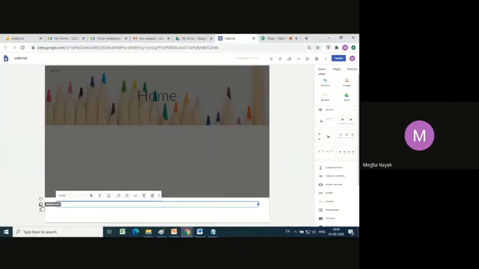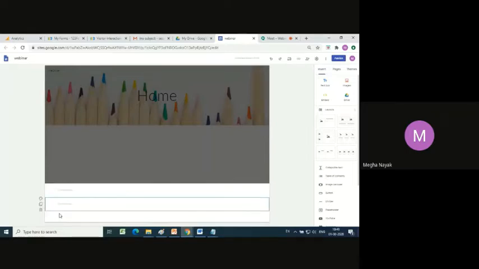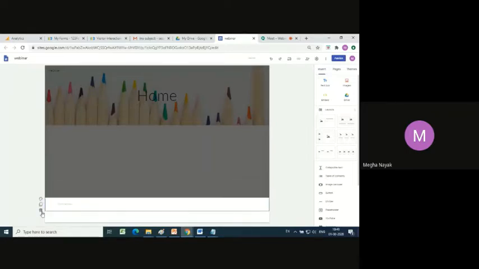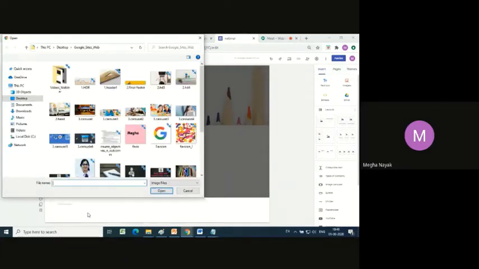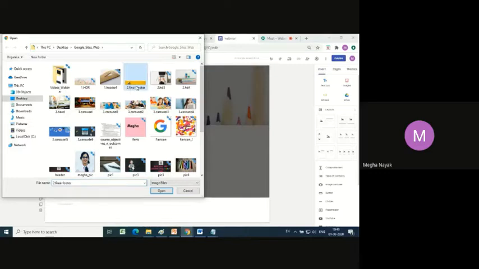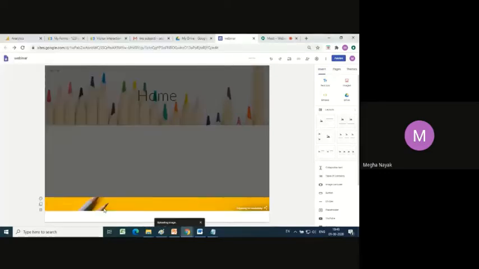This is to duplicate the section. So if you want two footers and you clicked on this, it would have got duplicated again over here, but I'll delete it for now. So I will give it a color, and then after that I will give it an image and say upload. I already have selected a few images and kept them. I select this footer image and I say open.